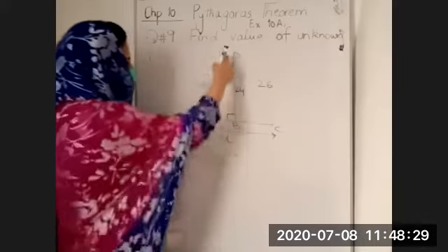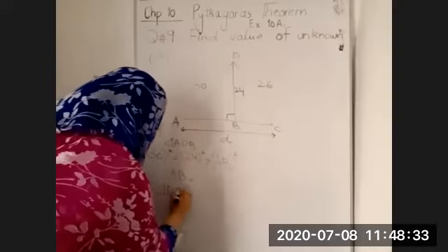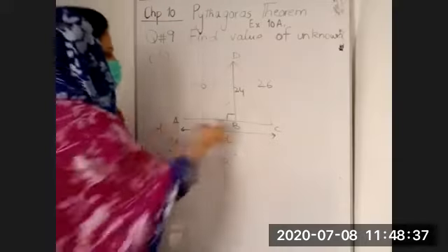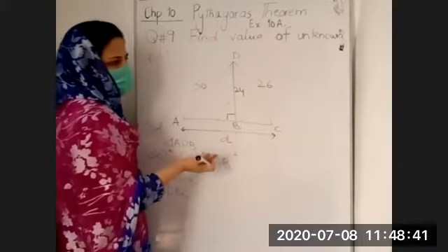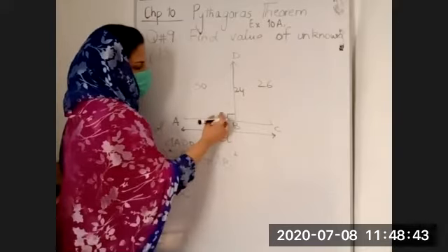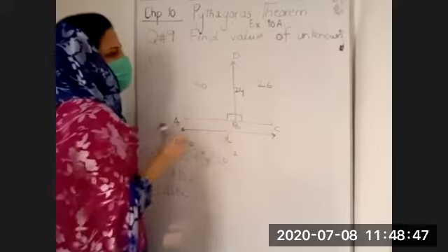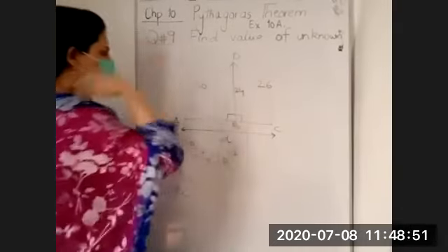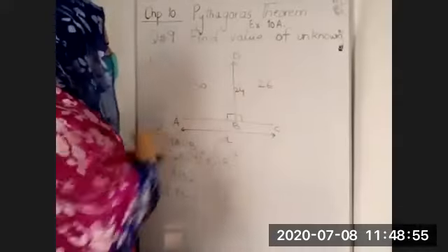Next you will go to the triangle DBC. Opposite to this, अगर ये 90 है तो triangle के straight line for 180 angle होगा. If this is 90, then it is obvious that the other will also be 90, so that 90 and 90 can add up to make 180 degrees. So again, opposite to 90 degrees, this is your hypotenuse. So 26 is your hypotenuse, 24 is still your perpendicular, and BC will be your base.